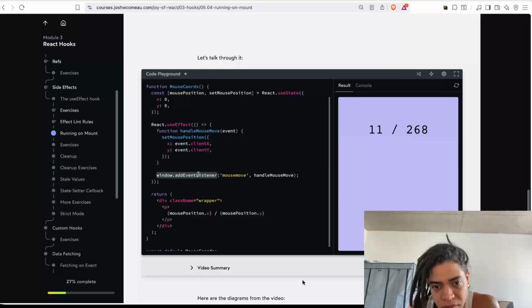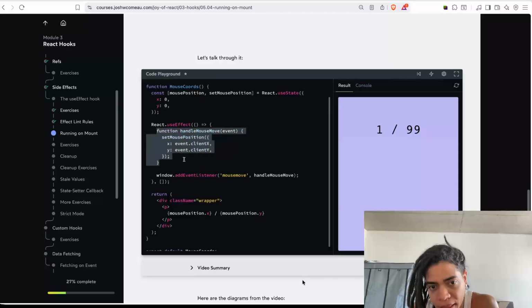by running this code, I'm starting a long-running process. I only want to do this work once, the moment the component mounts, and then this long-running process will handle all of the mouse move events. To fix this, I can add an empty dependency array to my effect, which means that this code only runs the very first time this component renders, and it ignores all subsequent re-renders. This is the way it works with a ton of different subscriptions, whether I'm starting an interval, or opening a WebSocket connection, or using something like resize observer. I want to start the process once, and then the process sort of takes care of itself,